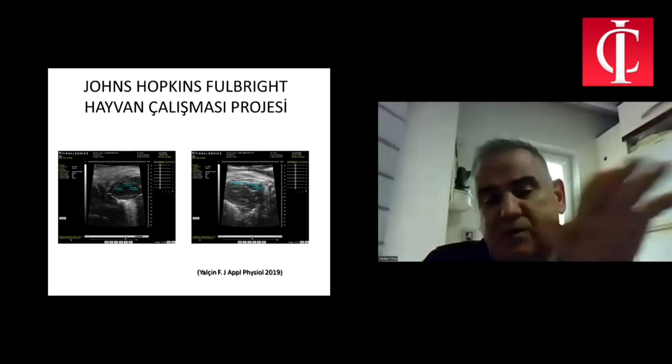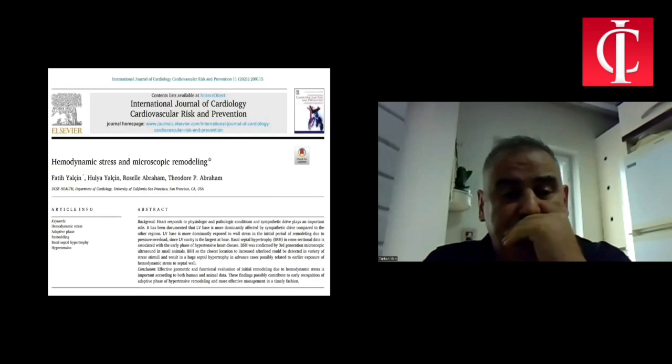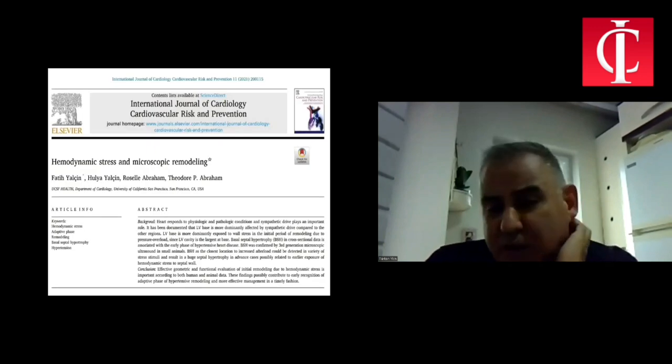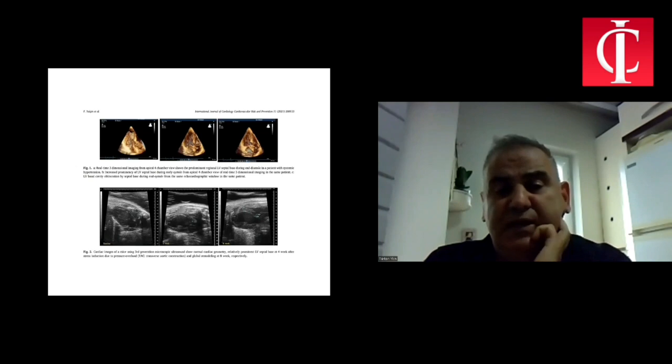Physiologic: animal treadmill for mice. Pathologic one is transaortic constriction. And we published the details of all these segmental details. As you can see, quite similar real-time 3D and animal